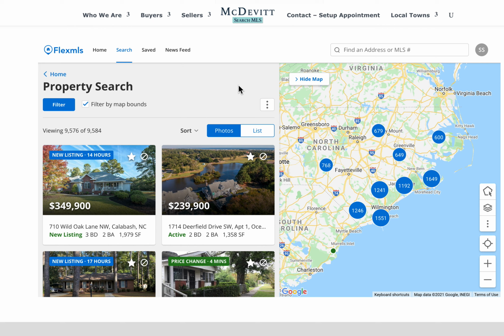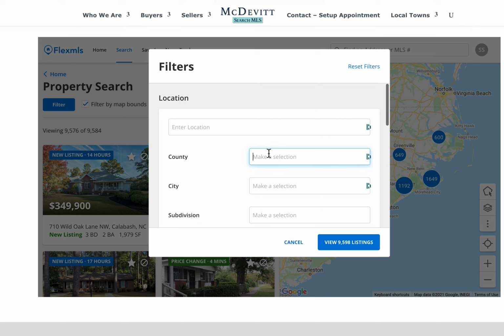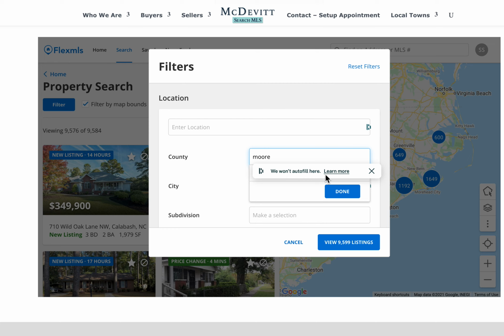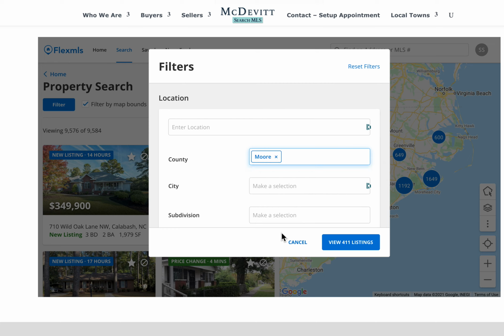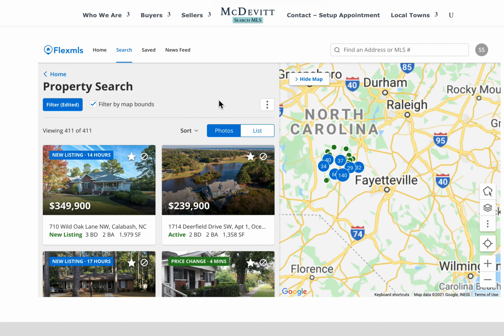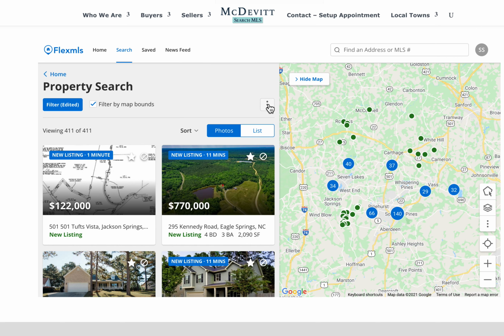log into the portal. Now, the real cool thing about this portal is that you can save your own searches. So let's say I'm doing a quick search here. I just want everything that's in Moore County again. All right, so now I've got all the listings in Moore County, and that's land and everything that's active. So I'm just going to go 411. Right, I've got 411 properties in Moore County, and then I can go ahead and hit those three dots here,